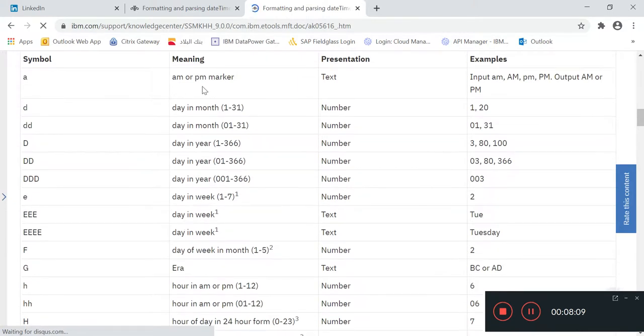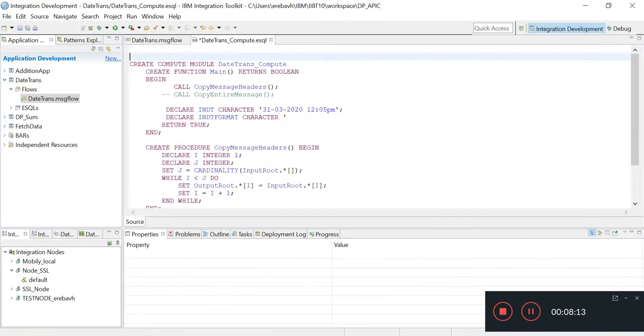You can see here the date and time parsing format. In this, 31 is the day.